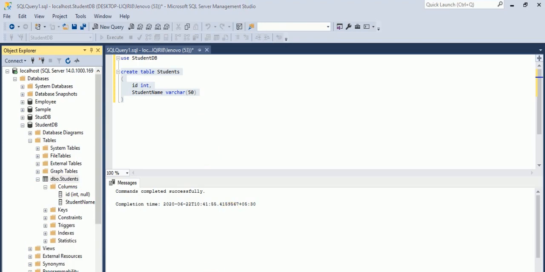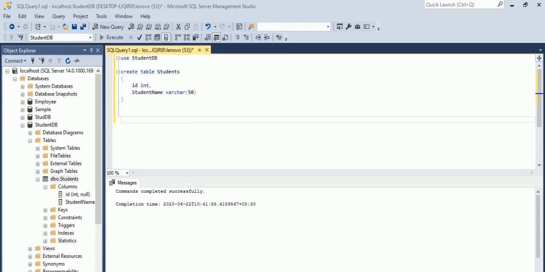Since we have created a student table, now we'll see how to drop that table. For dropping the table, we'll use the command drop table, and again the name of the table. So my table name is student, and I will execute this command.